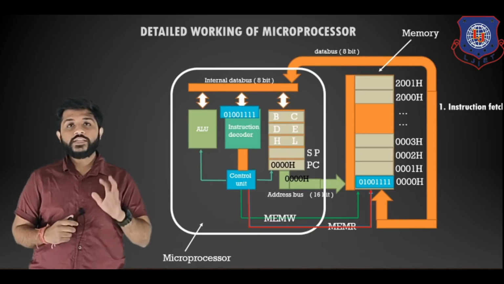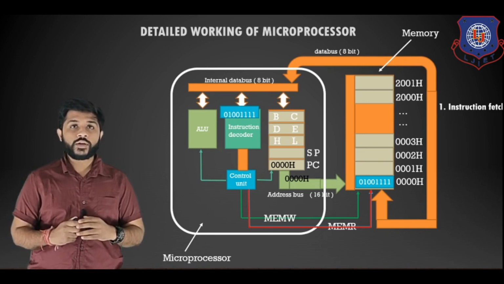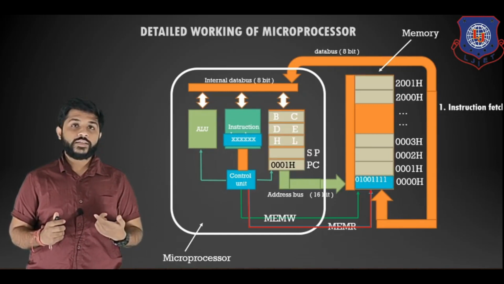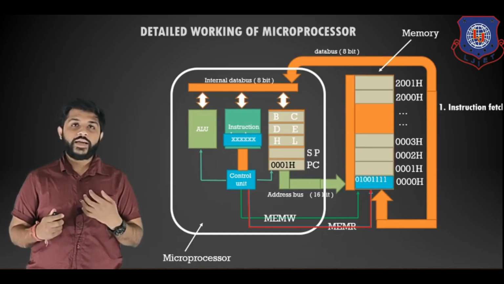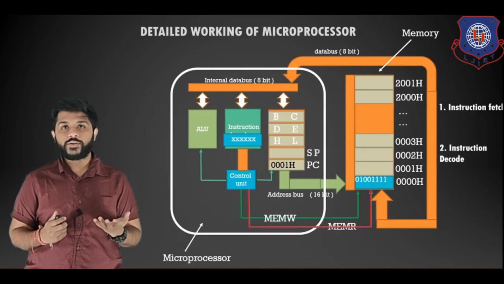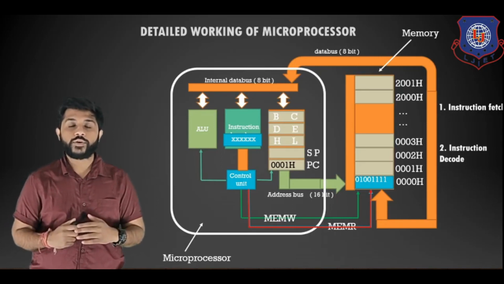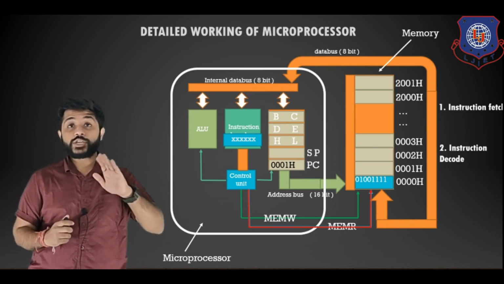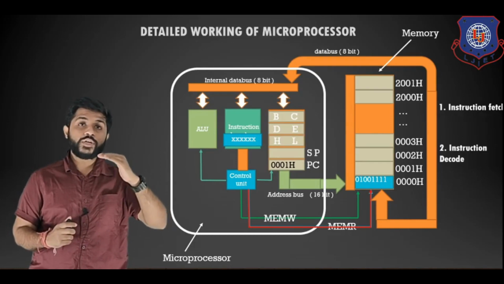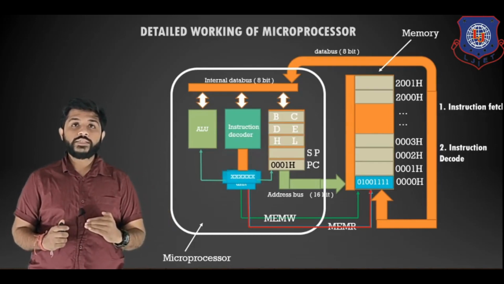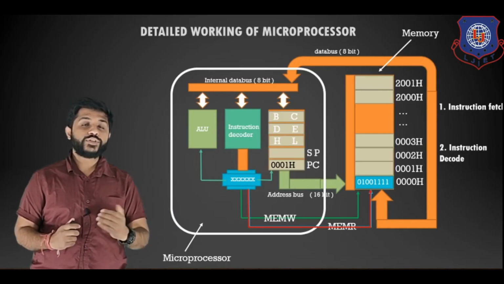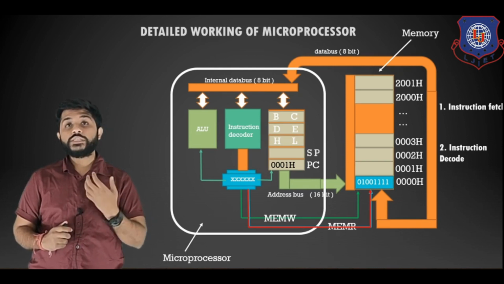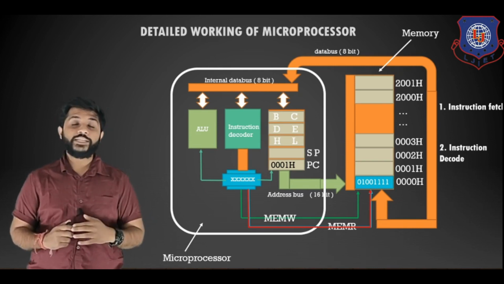After the instruction fetch is done, the next process is the instruction decode. As the instruction has arrived in the instruction decoder, the processor will decode that instruction. You can see that the processor has decoded the instruction, and this process is known as instruction decode. After the instruction is decoded, the processor will transfer it from the instruction decoder block to the control unit. You can see that the decoded instruction is transferred to the control unit, and after that the processor will generate different control signals for the execution of that instruction.